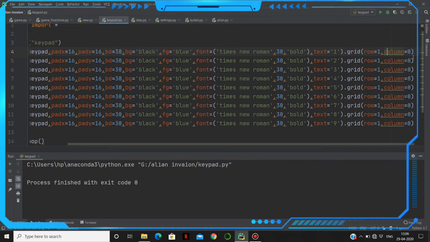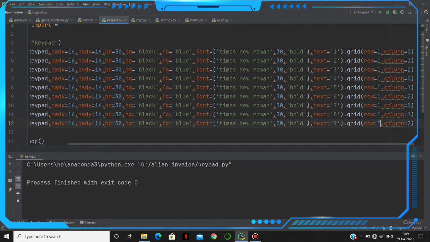See, the first one should be 1 comma 1, and the second one should be 0 comma 1 comma, and the other should be 2. Let's change all these columns first. 0, 1, 2, 0, 1, 2.